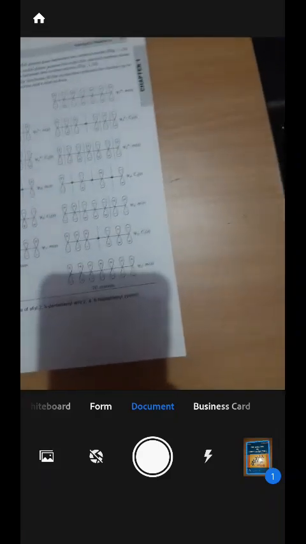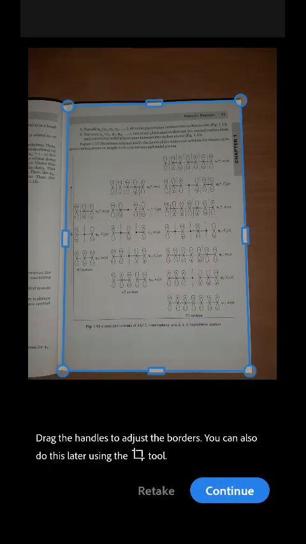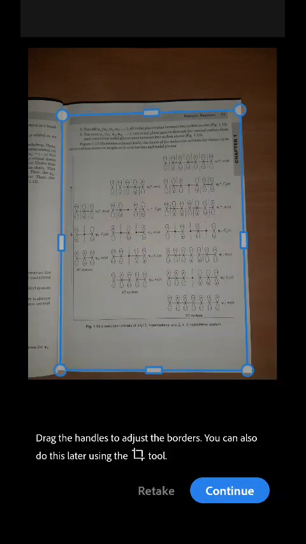Now next, suppose you want to scan from page number 11. Come to page number 11, click on it. Yes, so here you can see the margins which you can arrange by yourself according to the need you want to scan. So okay, this is the finalized one. I adjusted it and you continue.